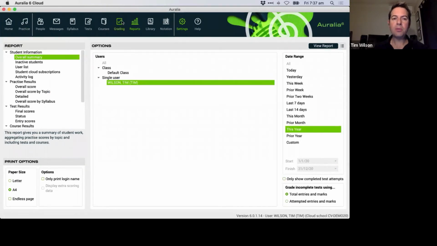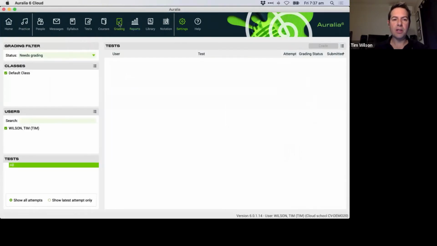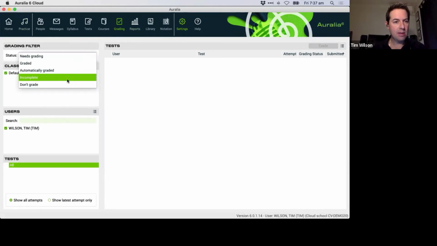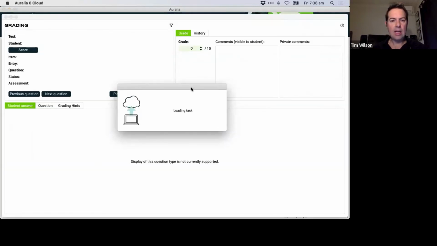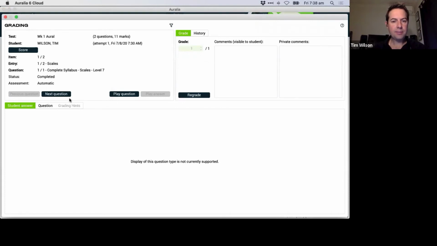Now, if you need more specific information on how a student has gone in a worksheet or a test, if you use library-based content, so fixed content in your test or worksheet, you can come to the grading area here, and I may not have one to show you right at the moment. This one may be available. So in here,